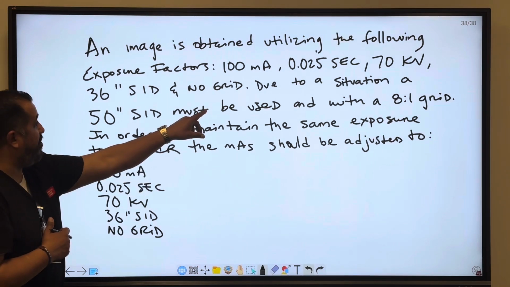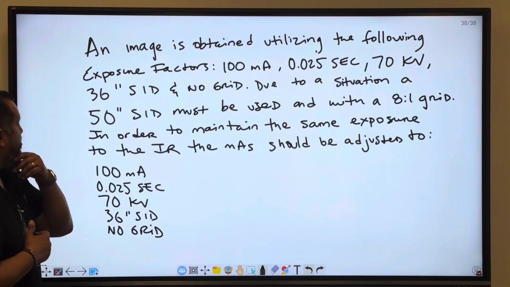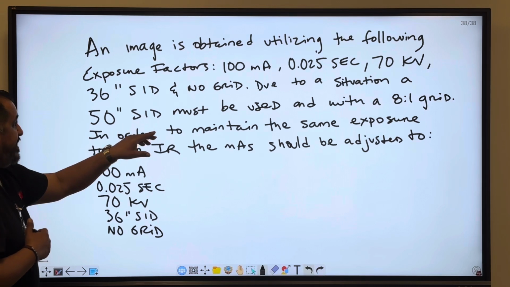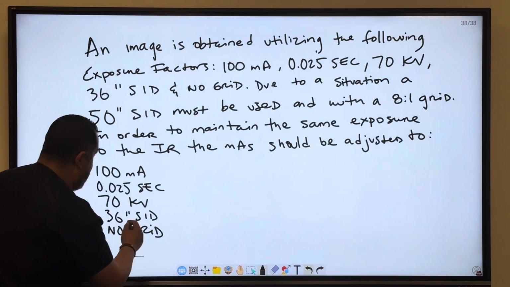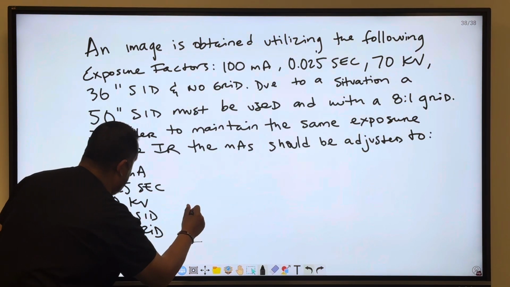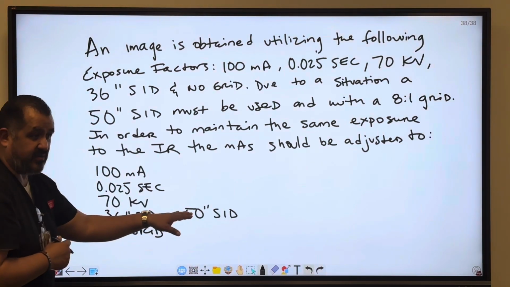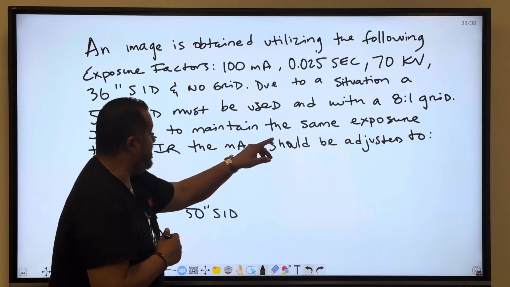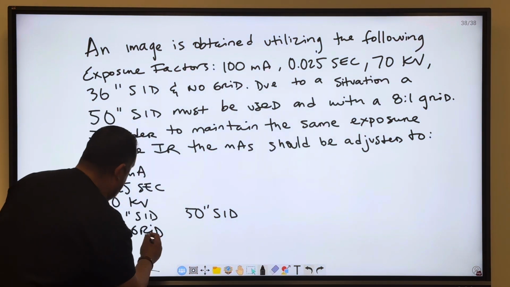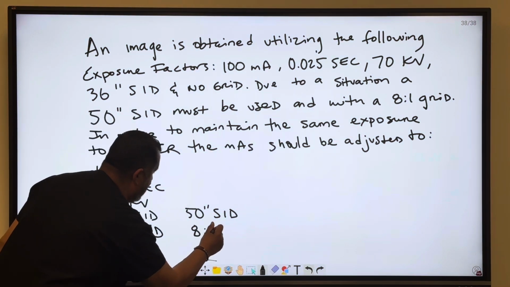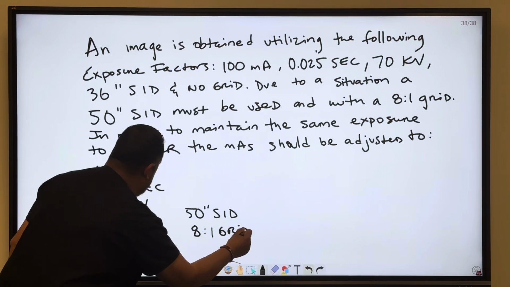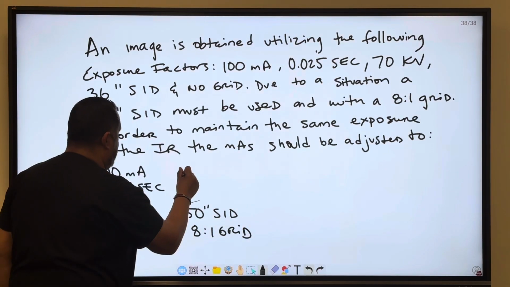The second column is, it says, due to a situation, a 50-inch SID must be used. So now, over here on this side, I'm going to put a 50-inch SID. So look here, we got a change of distance, right? And then it says here, with an 8:1 grid. So now we go from no grid to an 8:1 grid. And what we're trying to do is figure out a new mAs,